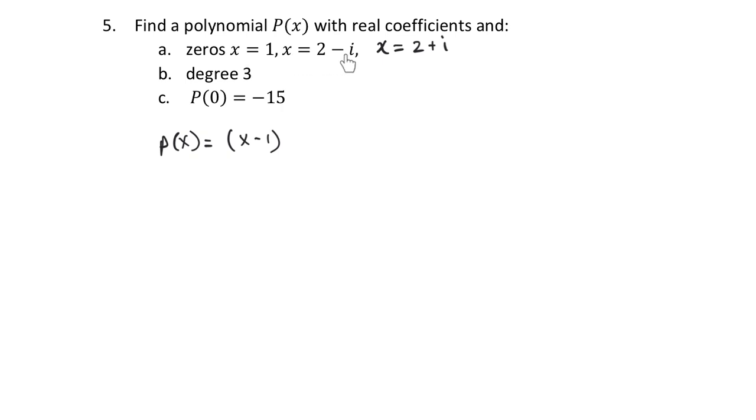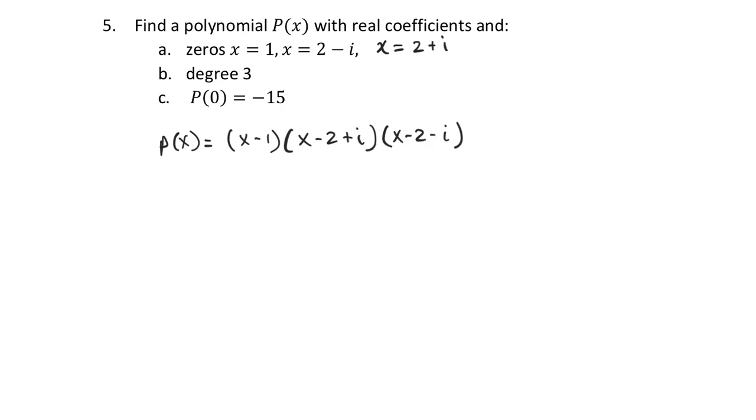If x equals 2 minus i, and I move the 2 over by subtracting and add the i over, then the factor becomes x minus 2 plus i. And then here, if I subtract the 2 and I subtract the i, it's going to be x minus 2 minus i. Now we need to multiply this together because it says it has to have real coefficients, and these are imaginary numbers. So we're going to distribute each term here